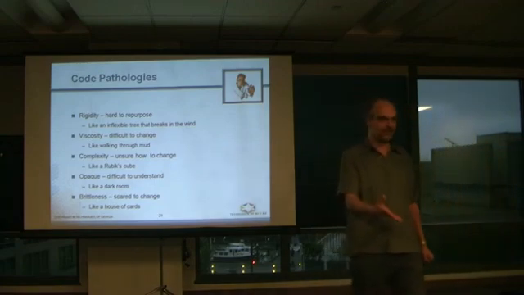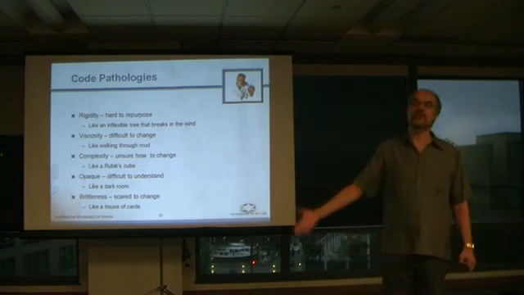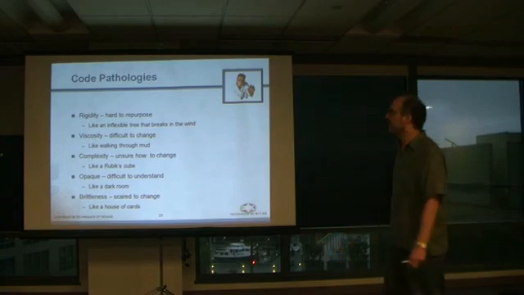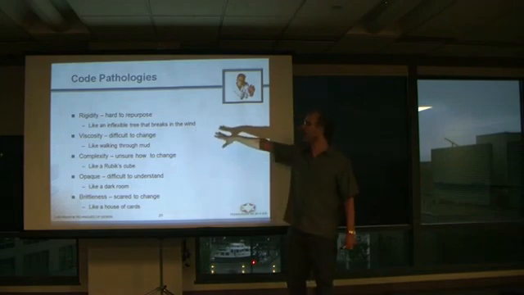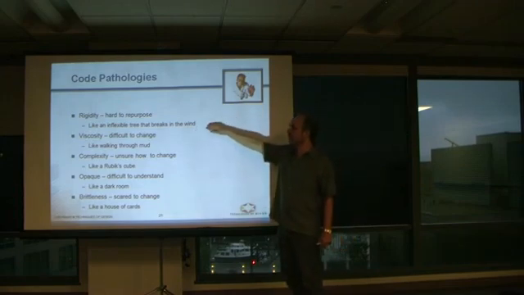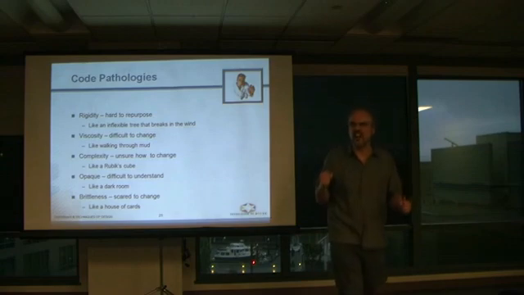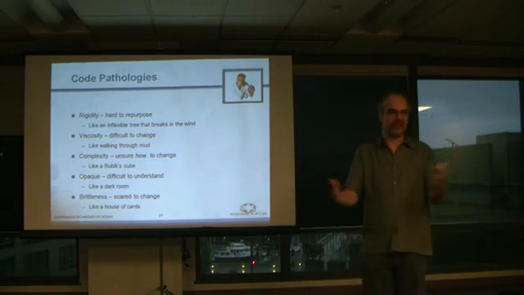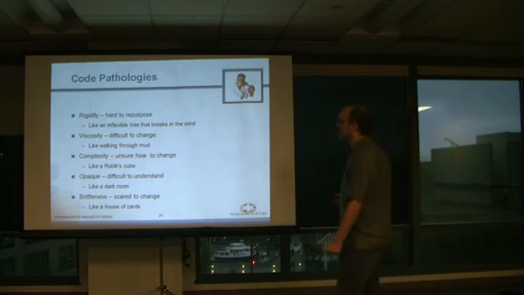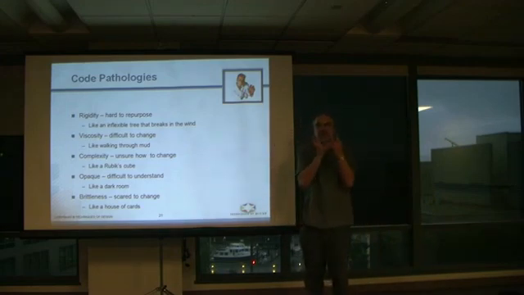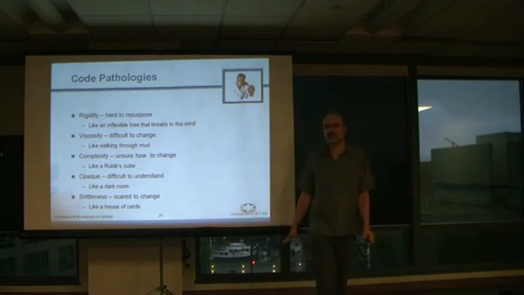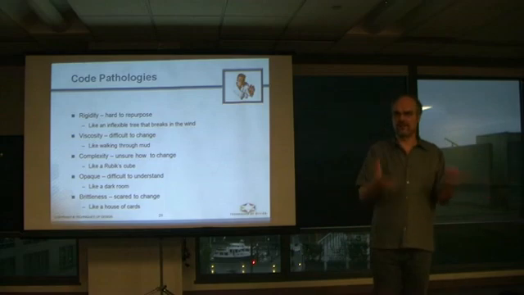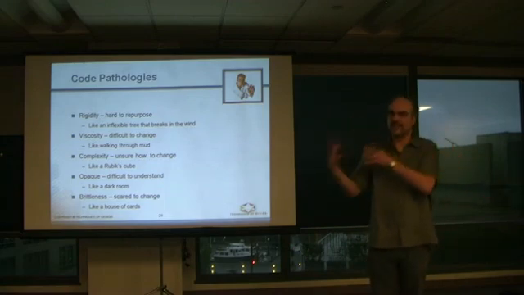Okay, so here are some pathologies, and I use the term pathology rather than smell. A pathology in medicine is a manifestation of a disease. So in software, these are pathologies like rigidity: it's hard to make a change, hard to repurpose the code. Viscosity: you've got to slog through it. It's just hard because it's so thick to make changes where you need to. Complexity: it's hard to figure out what it is, like a Rubik's Cube. Opacity: you can't understand it, so it's hard to change. And brittleness: you're scared to change it because it'll topple down.